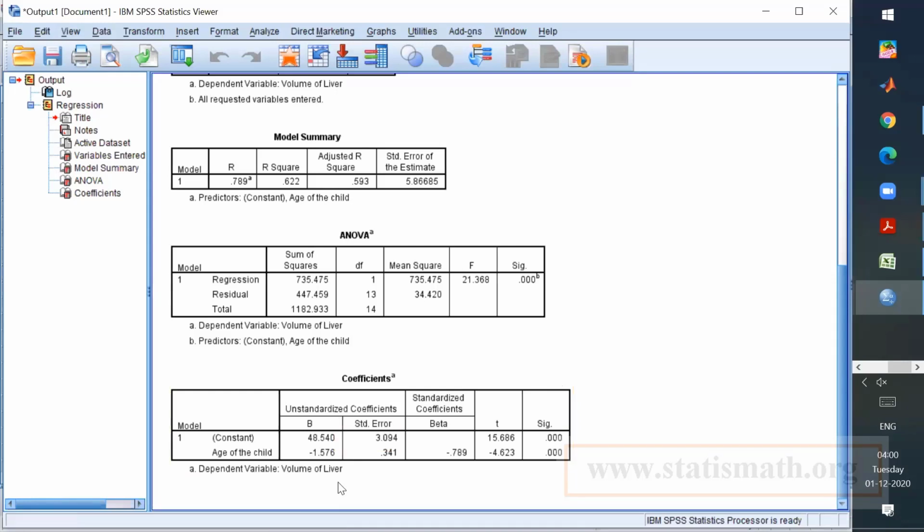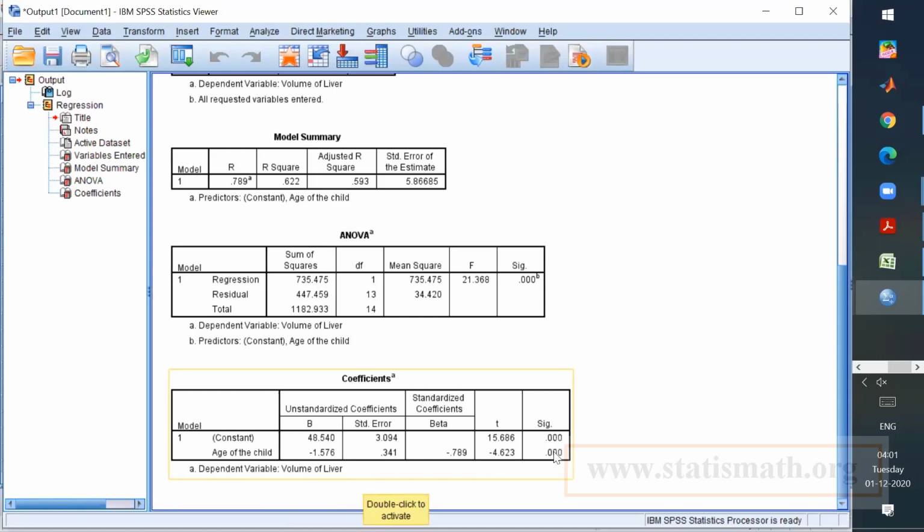The constant is your A, which is 48.540, and then your B is negative 1.576. So this is the model, and the B is called the regression coefficient.